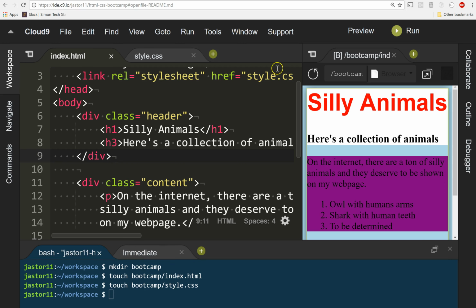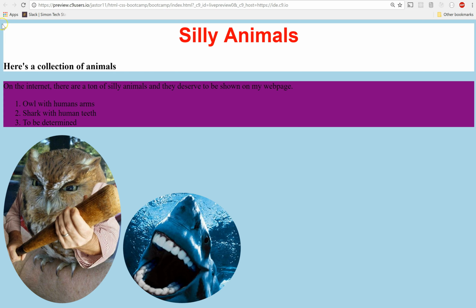Okay. Now, like I said before, you'll notice that on our pages here, we have this little outline right there outside of our divs that kind of looks ugly. This is because we have what's known as margin and padding. Now, just to remind you what margin and padding are, I'm going to take a look at a high-level overview